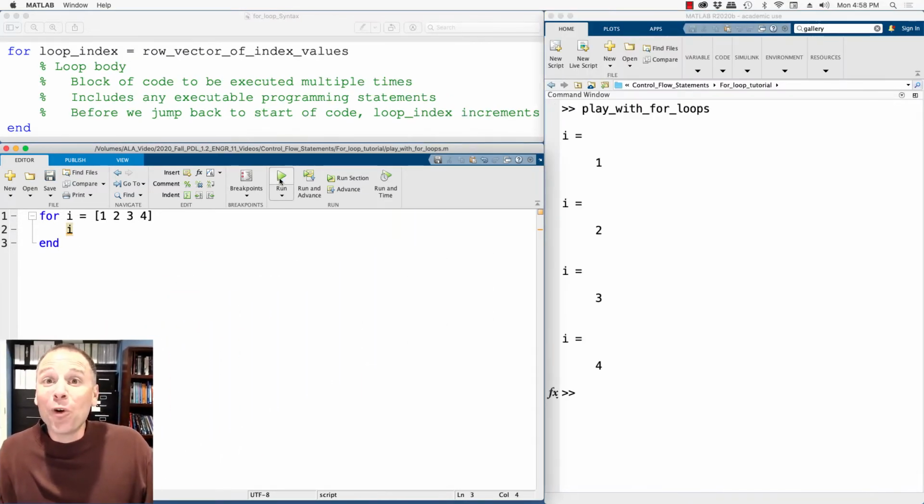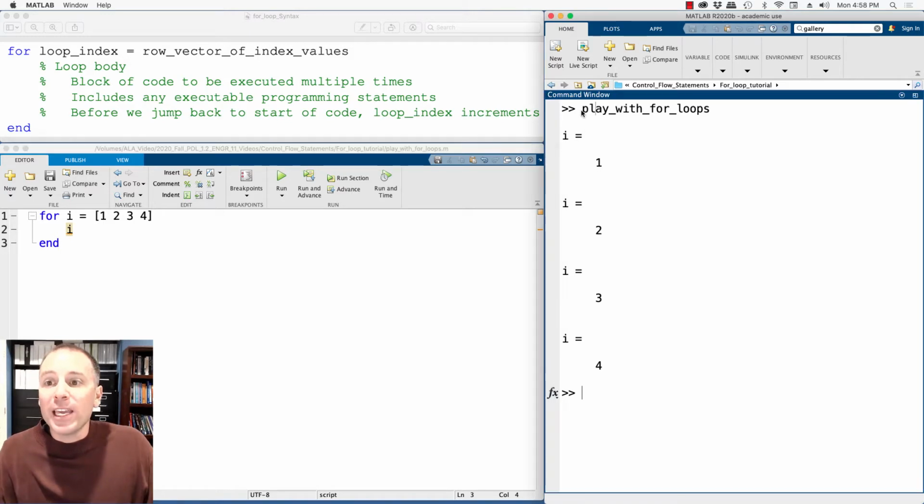When I run this for loop, notice over here in the command window, we get some insight into what's happening inside MATLAB. Here we see that MATLAB has run the script file by typing the name. And then we see that MATLAB is displaying the value of i in the first loop. So the first value of i was 1 because i ran through the individual entries in the row vector.